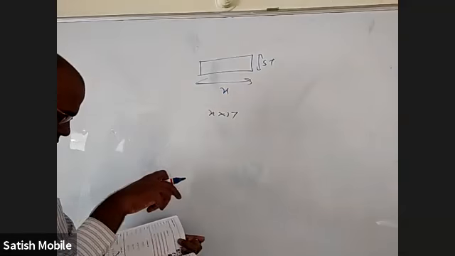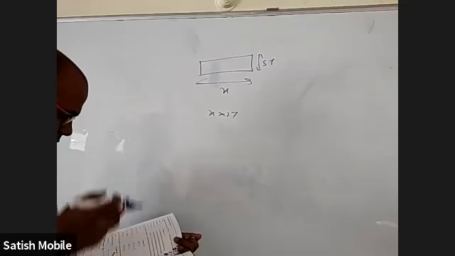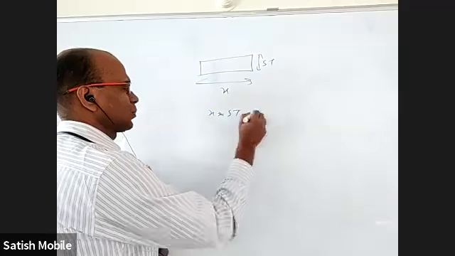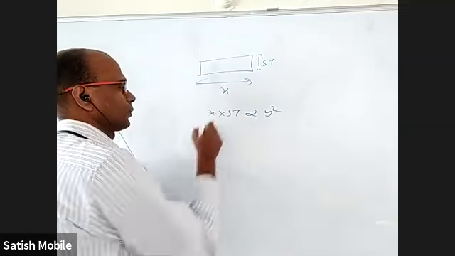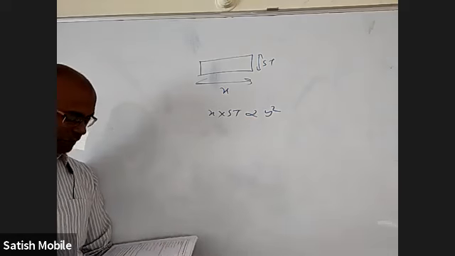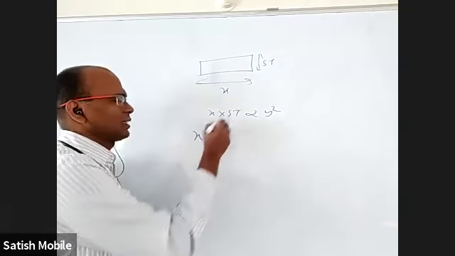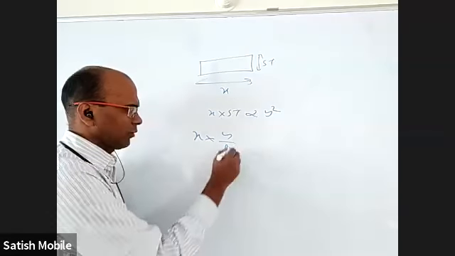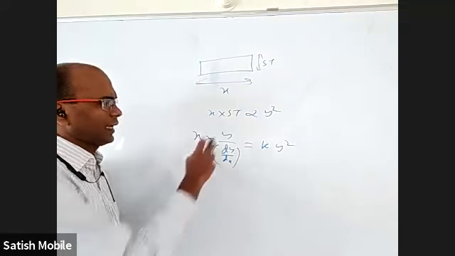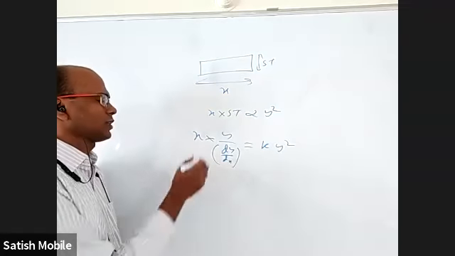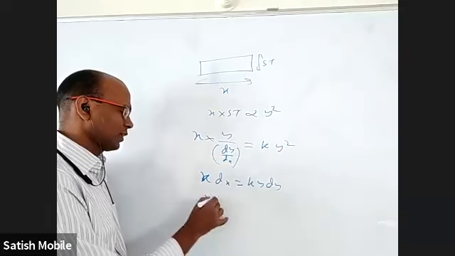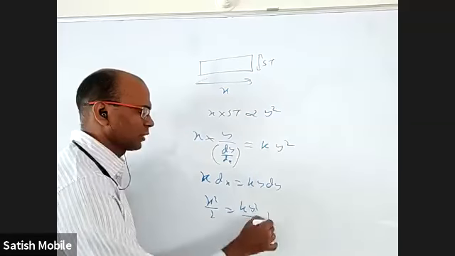So anyway, there is a rectangle whose one side is the x-axis, one side is the subtangent. That product varies as the square of the ordinate. So x into subtangent is proportional to y square. We have to find that. So in the differential equation itself, one constant is there; we'll call that k. The subtangent formula is y into dx by dy... I mean y dy by dx, equal to some constant into y square. Now you can cancel one y, and then the variables are separable: x dx is equal to ky dy. Directly integrate, we'll get x square by 2 is equal to ky square by 2 plus c.